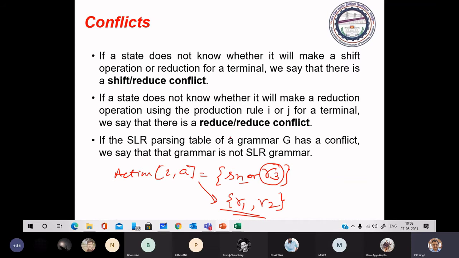And if you have any type of these two conflicts, then your grammar is not SLR grammar. So if it is not SLR grammar, it must be ambiguous grammar.